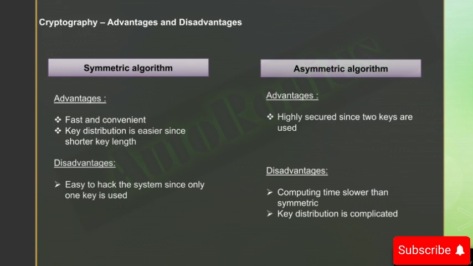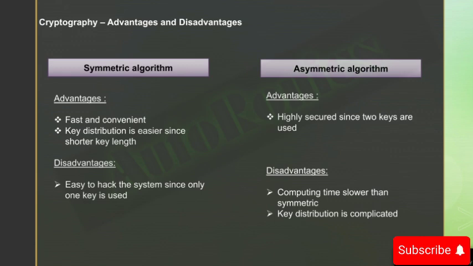So when we want to achieve security for 128 bits data, we need to use 128 bits key length. But in case of asymmetric algorithms like RSA, we need to use 3074 bits to achieve the same level of security. That's the reason key distribution is easy in symmetric algorithm.